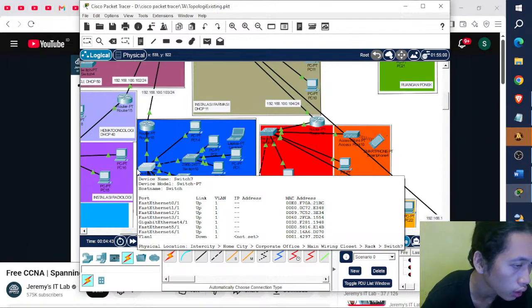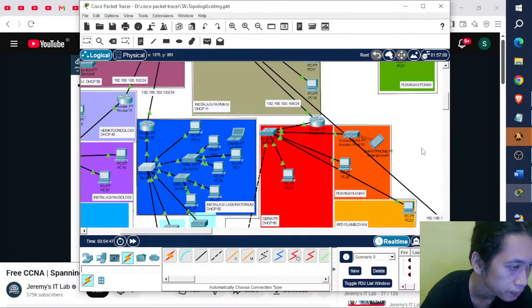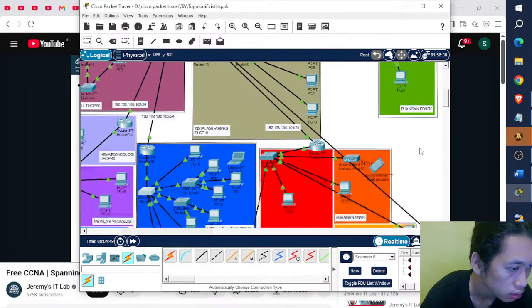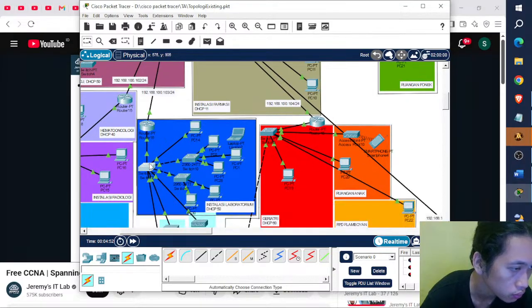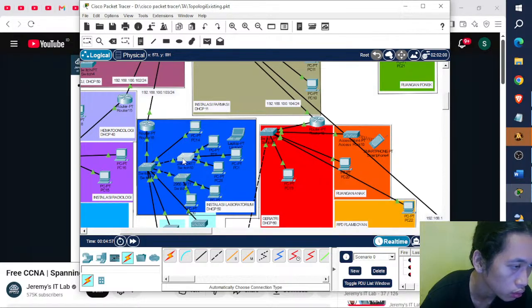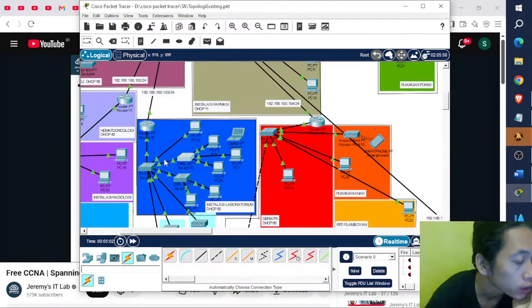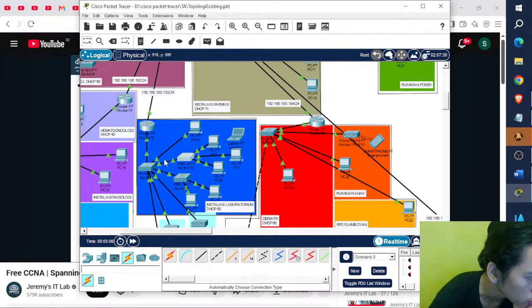For the case of unmanaged switch, layer 2 switch here, it will be broadcast through the switches. It will be broadcasting to all the switches, and when the broadcast ARP address resolution protocol is sent,